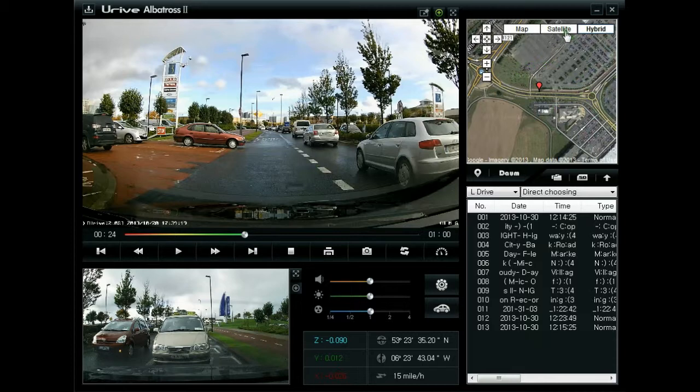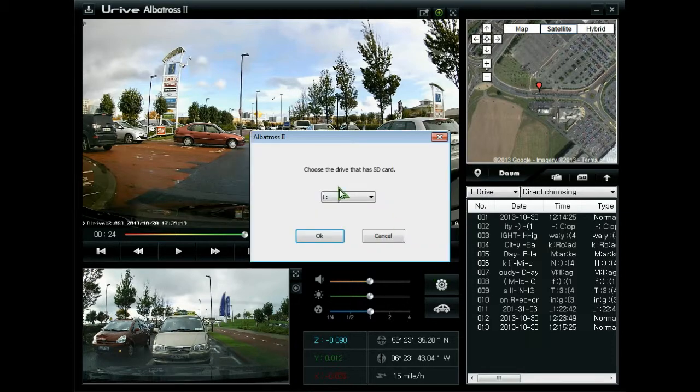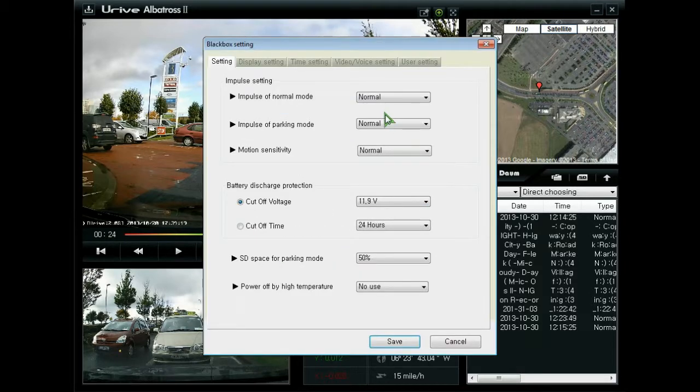So yeah, about maps, I told about maps, and okay, let's go now to the settings. I have already inserted the micro SD card into my card reader, so here I will be able to do some settings. As you can see here, most of those settings you can also set in the front camera or main unit itself, but a few of them you have to set up on your PC or laptop using